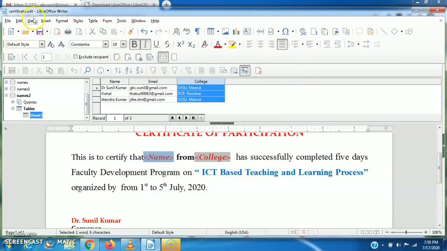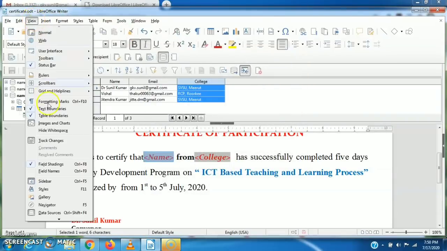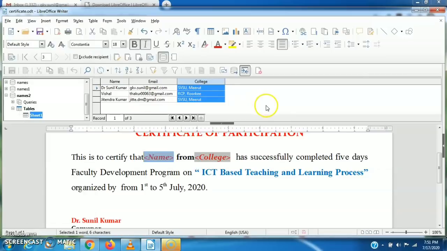I click on it. After that, we have to click on the view button, and then we will click on data sources. After clicking on data sources, our information will appear here. Even if there are more than 5000 participants, all the information will be shown here. After that, we will click on mail merge options. Then the mail merge wizard will appear, and we can see how our documents look. We can save all the documents in a single file as PDF from here.